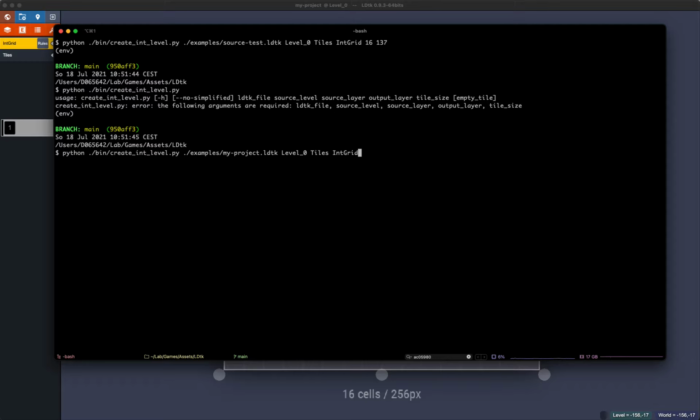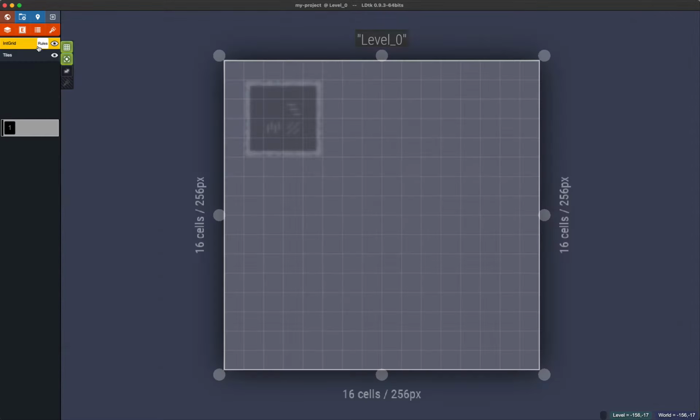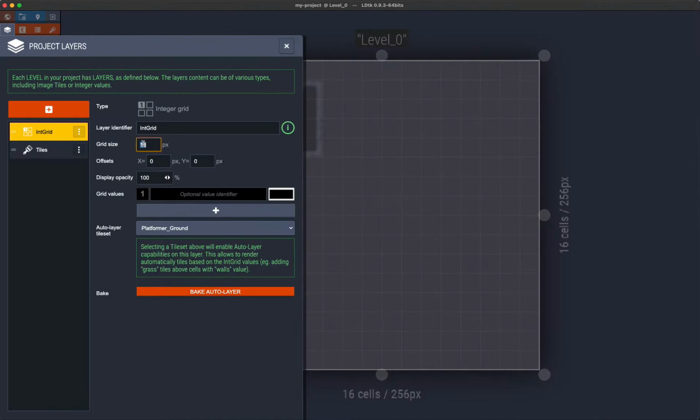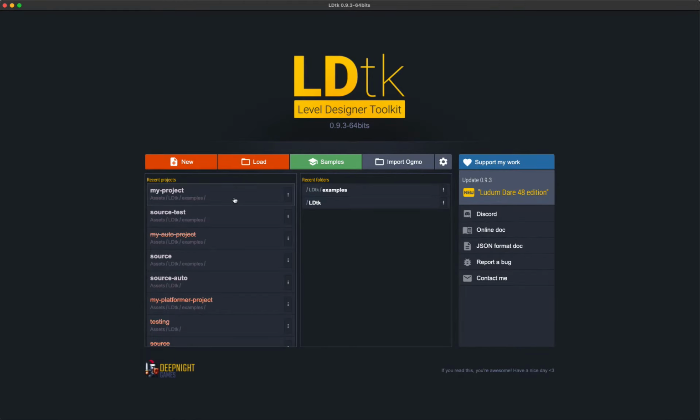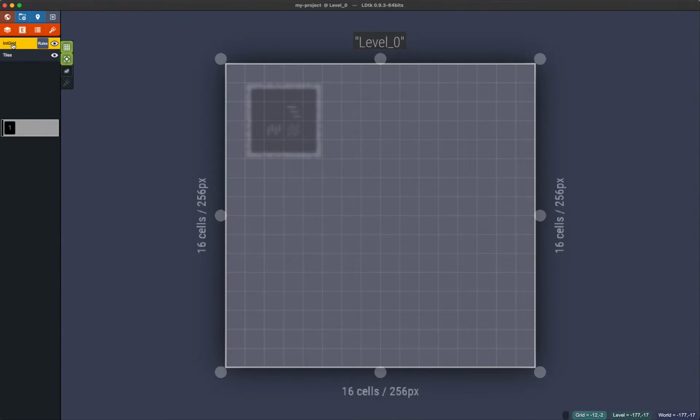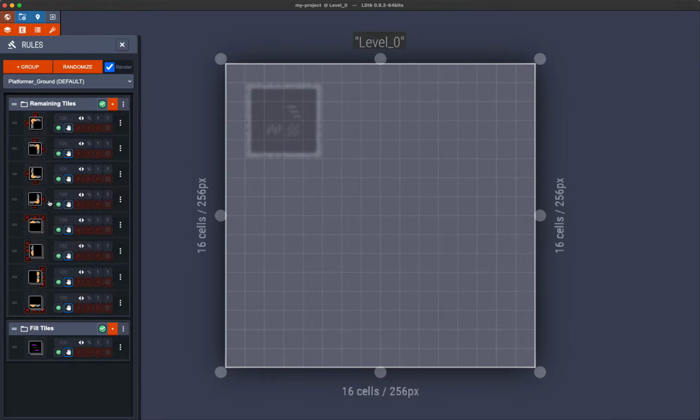And finally, we have to define the tile size. And the tile size basically is what you have here, 16 pixels, right? So 16. By running this command, now we have to close and reopen. It replaced the existing int grid with a new one. And the new one, you can see it already has a few differences compared to before. So these rules were built based on